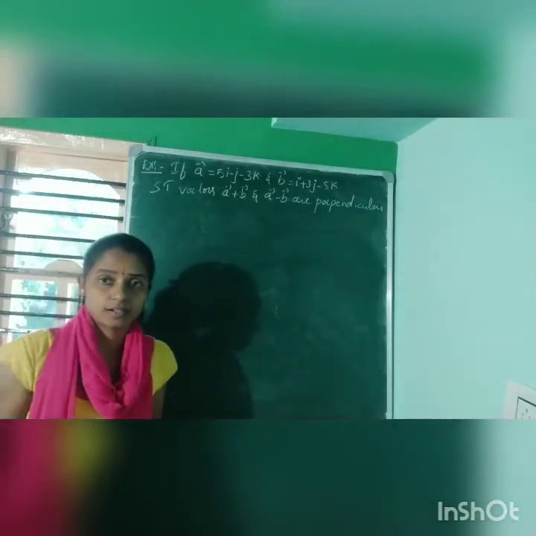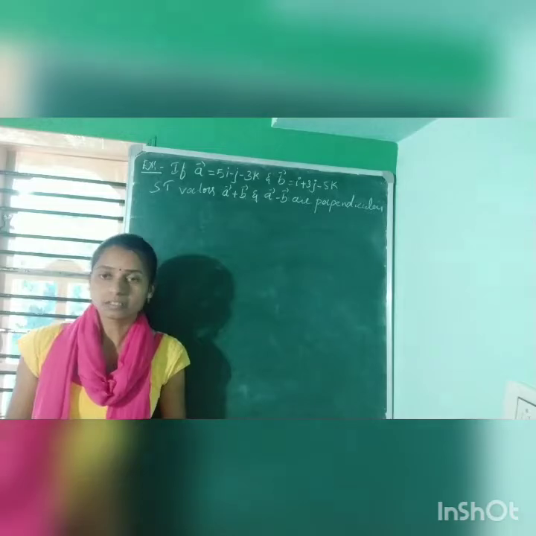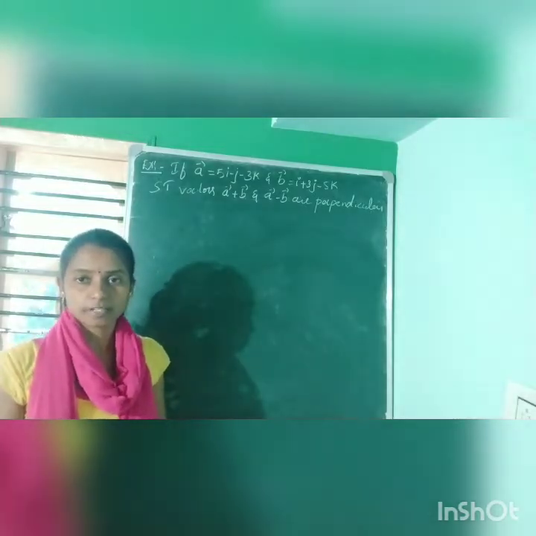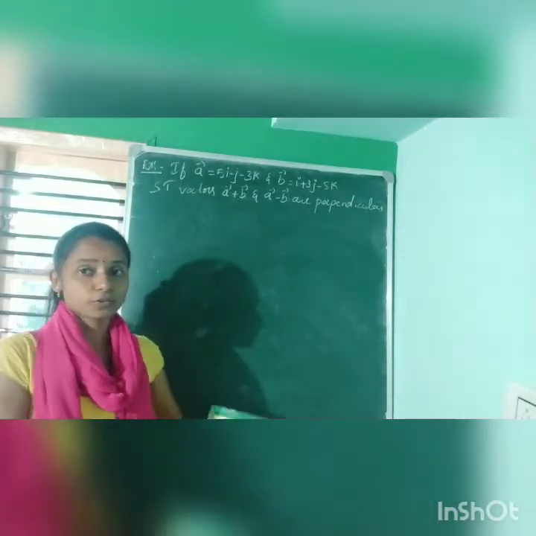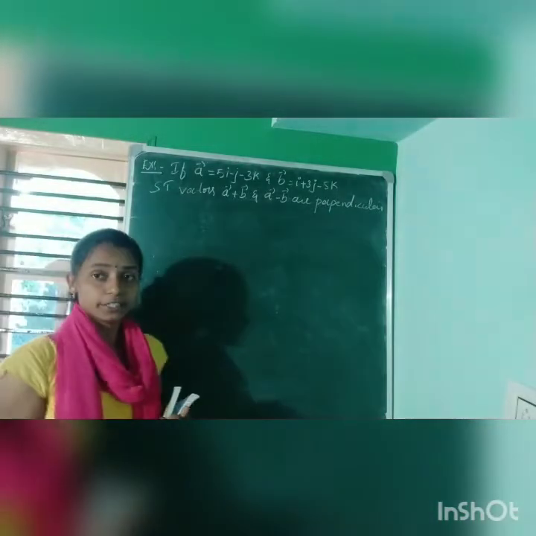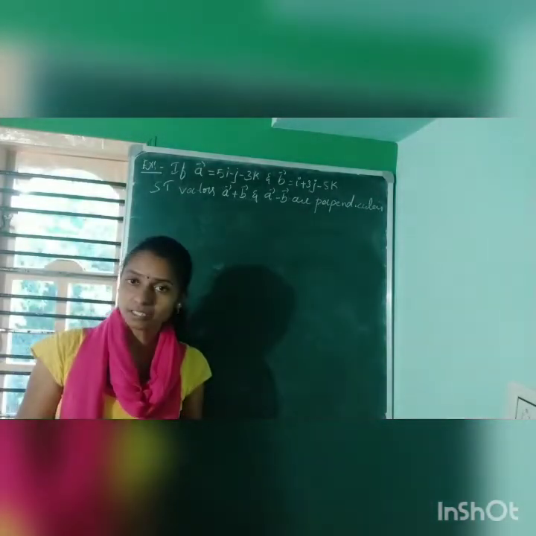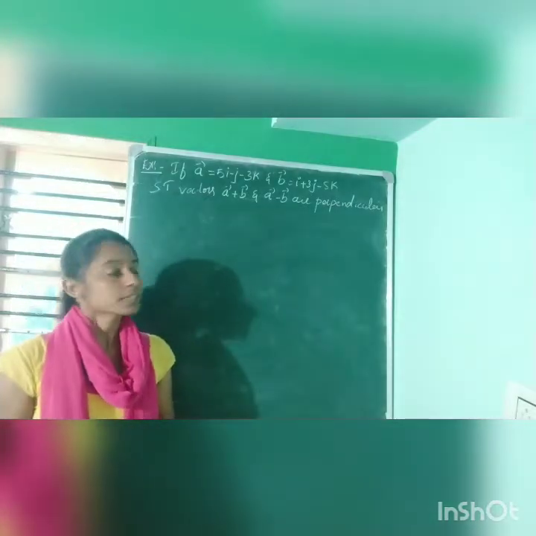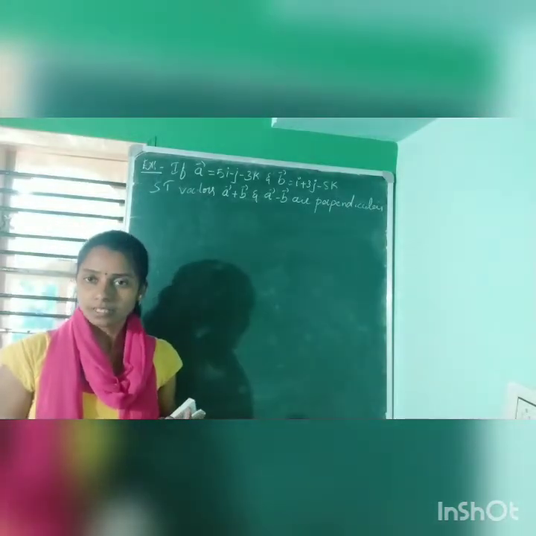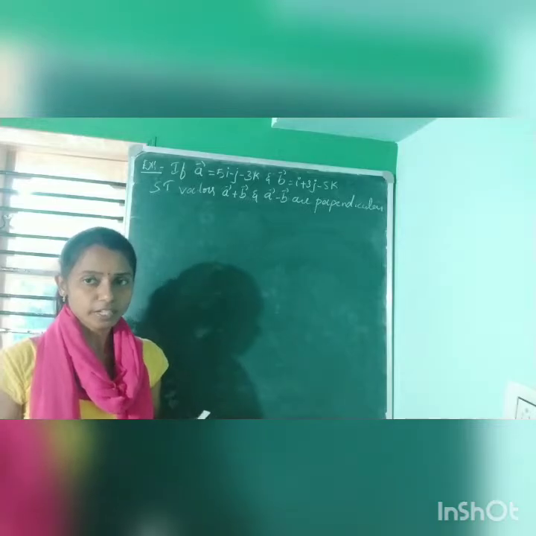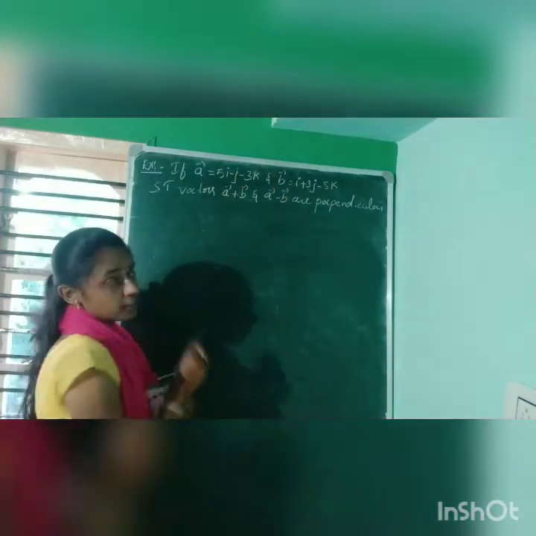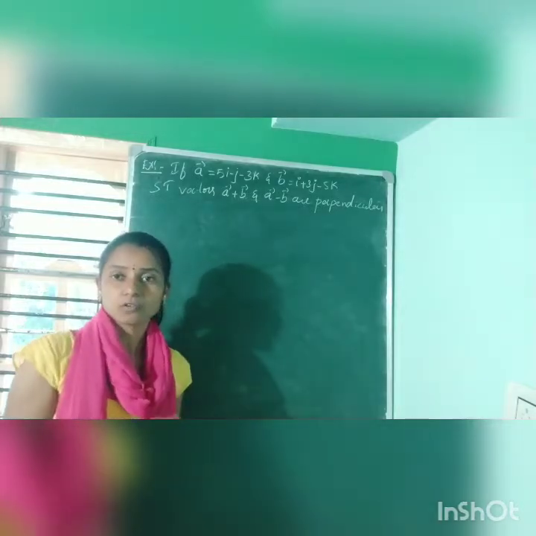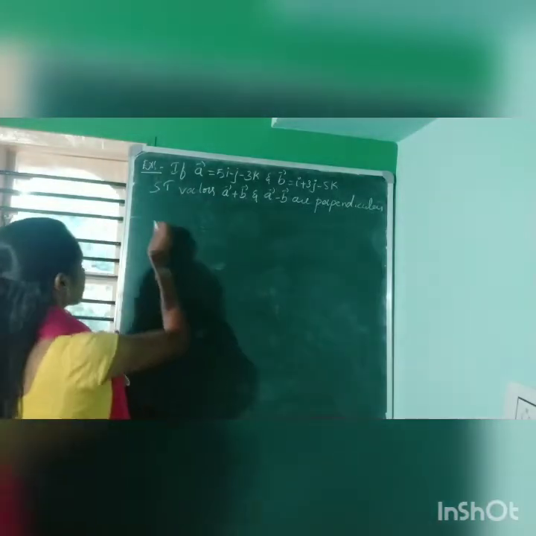So as we know, if any two vectors are perpendicular, then the dot product of those two vectors is 0. Is it clear? So now you need to do A plus B dot A minus B, and you should get 0. Then you can say that these two are perpendicular to each other. So before doing the dot product of these two, you have to find the sum of these two vectors and the difference of those two vectors. So the sum is